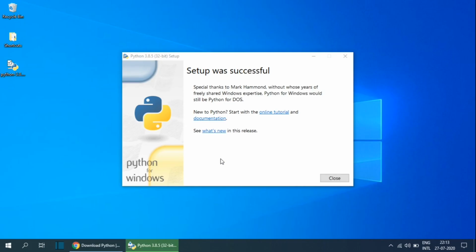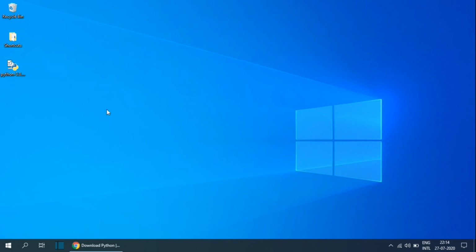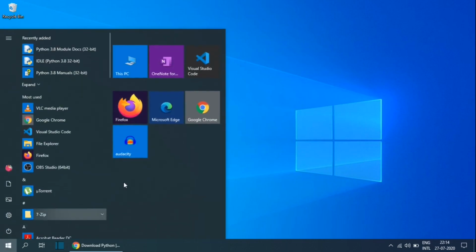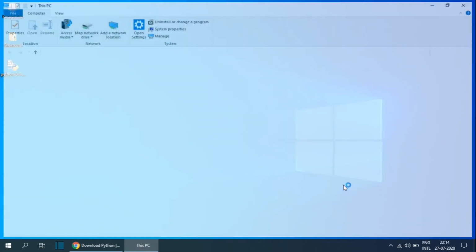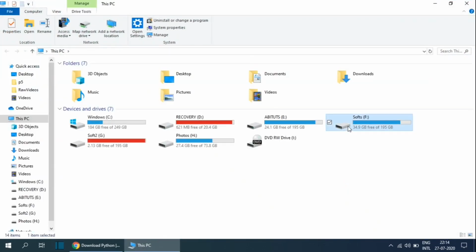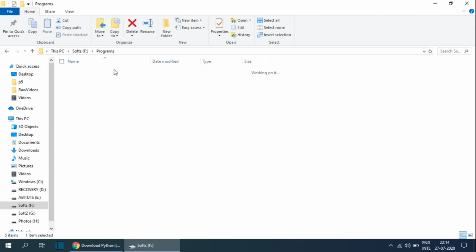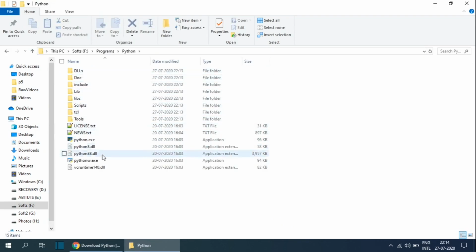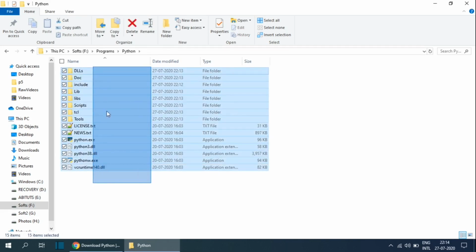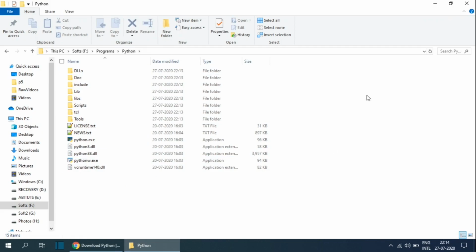Once the installation is complete, click on the Close button. Now let's see if Python has installed successfully. Open the folder where you have installed Python and check if these files exist in your system. Also check if Python is added to your path.